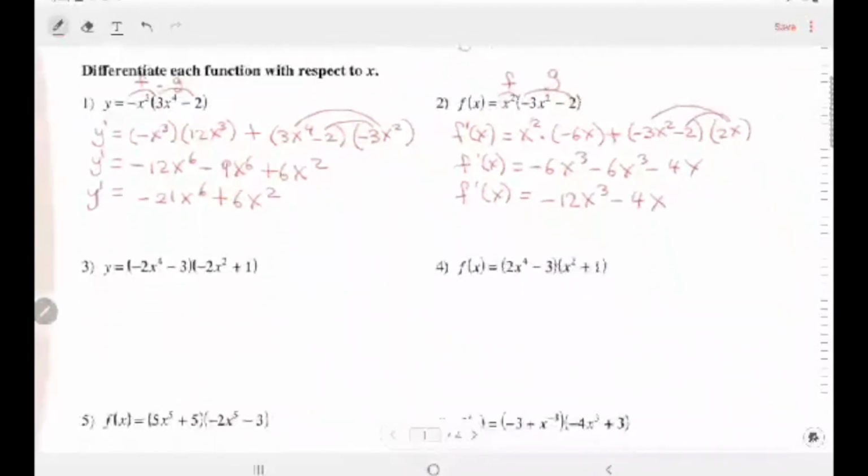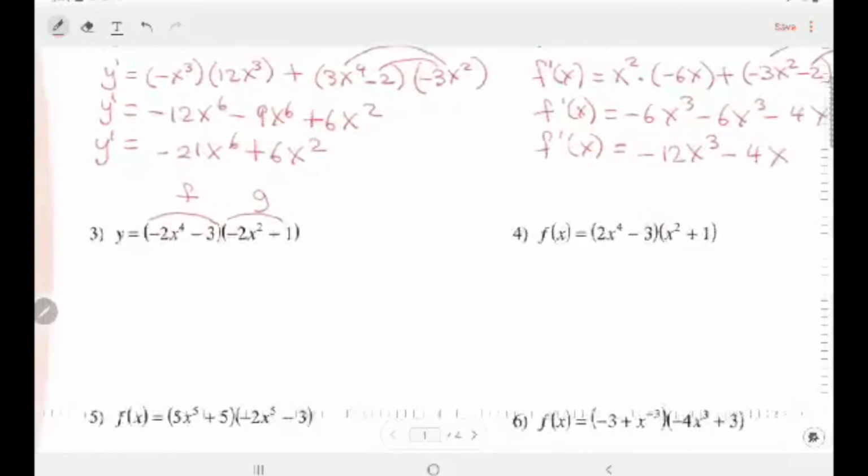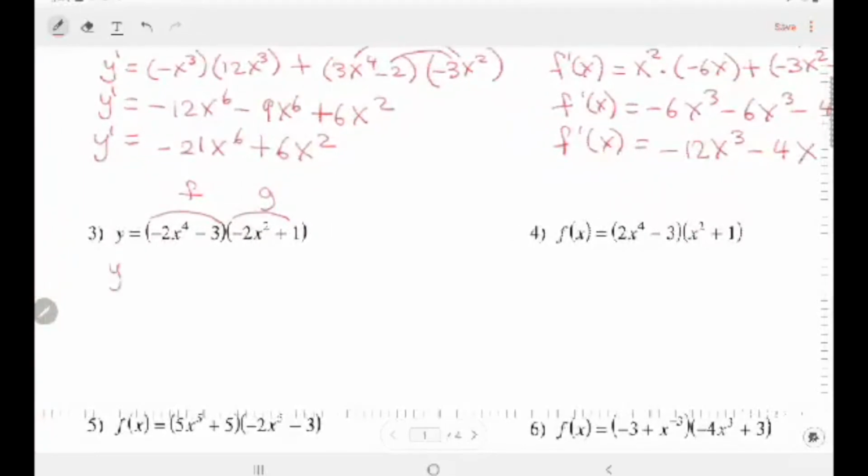Two more problems. That's your f, and that's your g. So y prime equals f is negative 2x to the fourth minus 3, derivative of g, which is negative 4x, plus g, negative 2x squared plus 1 times the derivative of f, negative 8x cubed. Distributing,